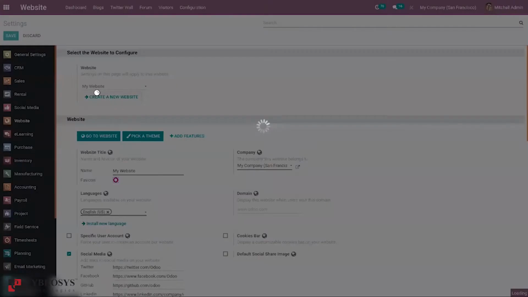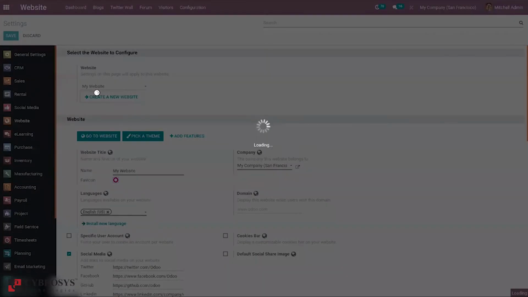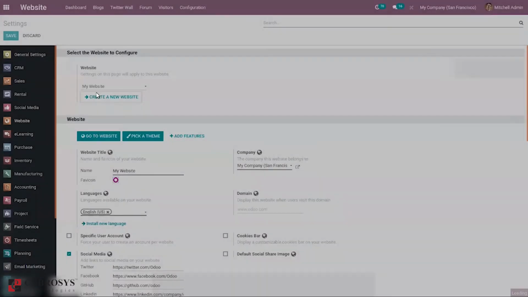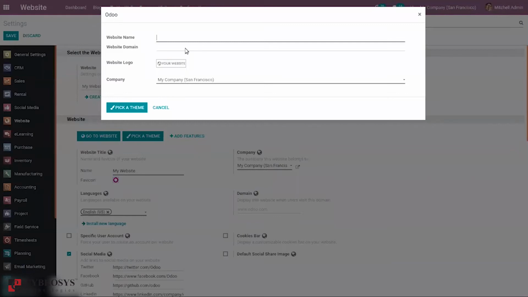So when you click that, here we can provide a website name. And we can provide a website domain, and if you wish to add a logo for your website you can add it from here.